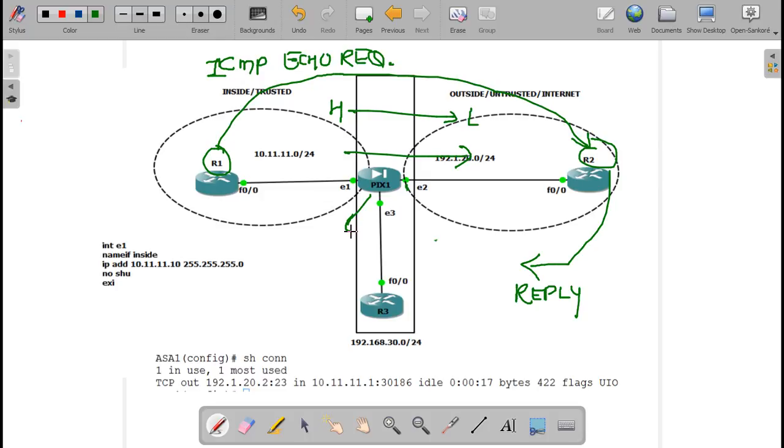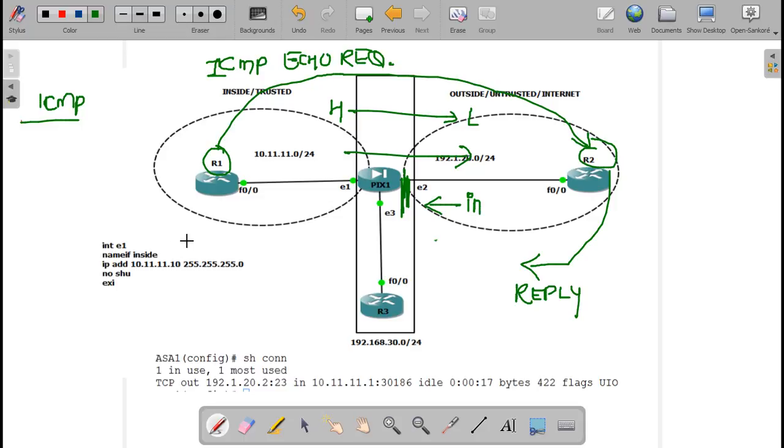So what you can do is you can perform ICMP inspection, or you can apply an ACL on this interface in this direction. Which direction? Incoming direction on the outside interface.